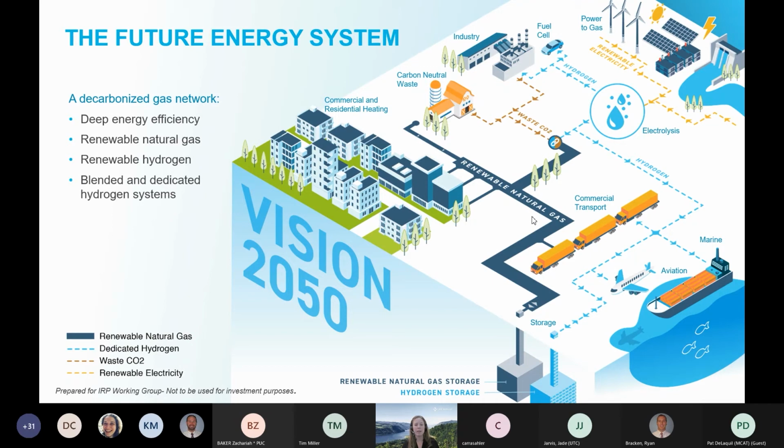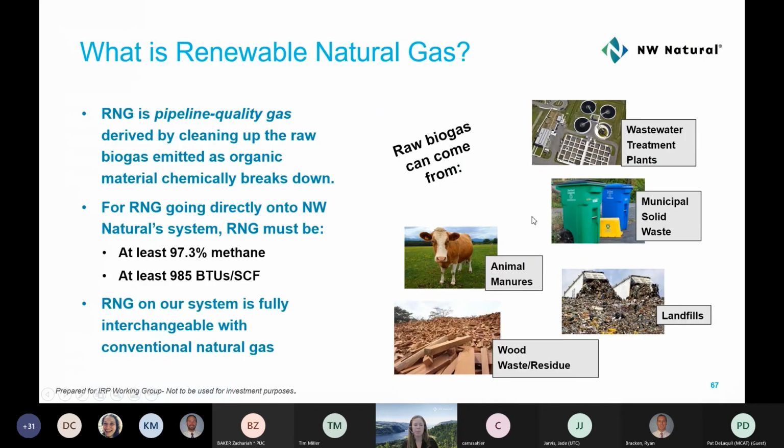If you can go to the next slide. Just to level set for people who might not live and breathe RNG every day the way that my team does, renewable natural gas is really, and ICF talked about this a bit,